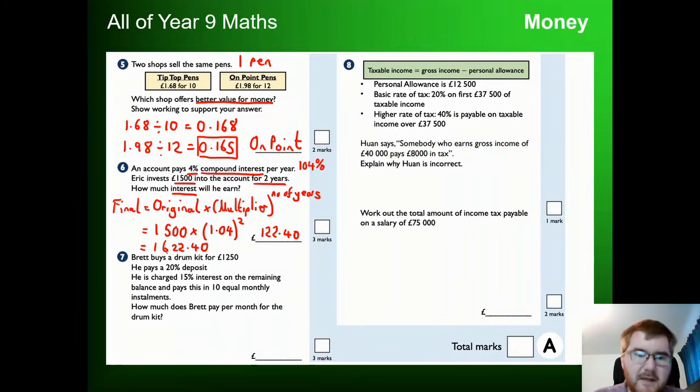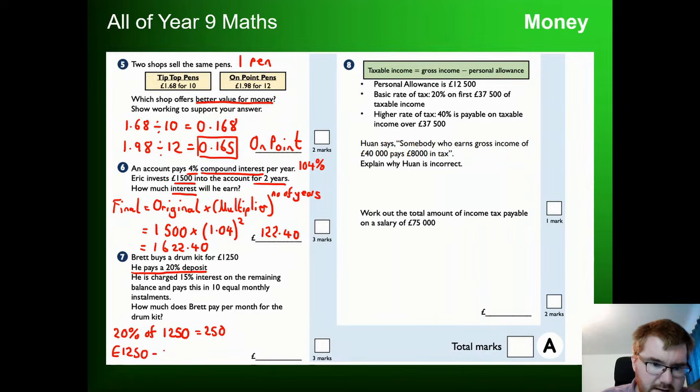Now Brett, great name, buys a drum kit for £1,250. Now the first thing is he pays a 20% deposit. So first of all, we want to take off that deposit because he's charged 15% interest on what's remaining. So first thing we need to do is we need to find 20% of 1,250. So that's going to be equal to, and you can do this on a calculator, it's going to be 250, and then we want to take that off. So 1,250, take away 250. So we're left with